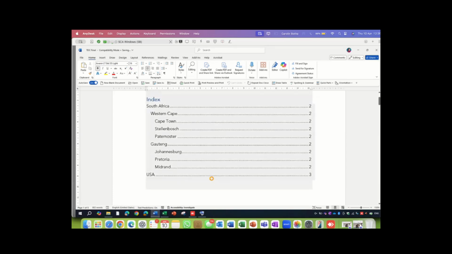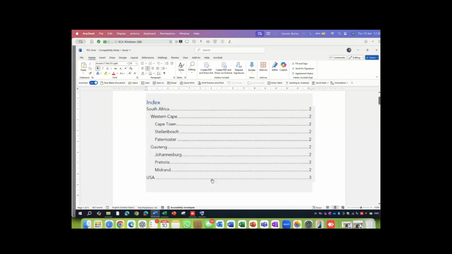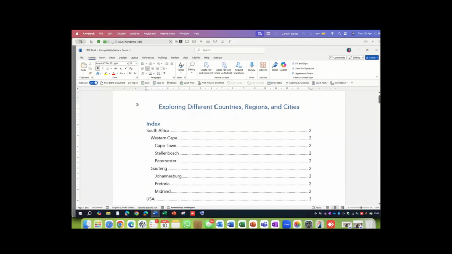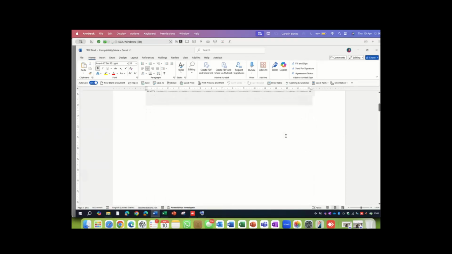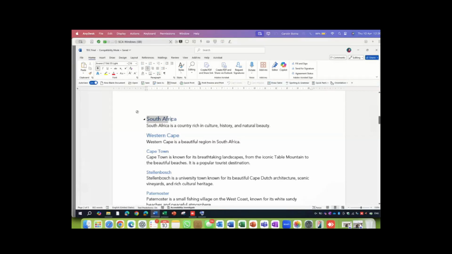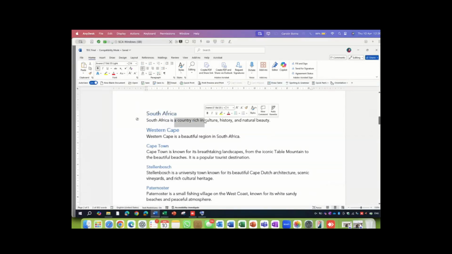I have a document, which I will show you in a moment. This is more of a complete document. It consists of certain countries with their regions and with the cities. And here it is. So there are different countries, South Africa, with a short paragraph.